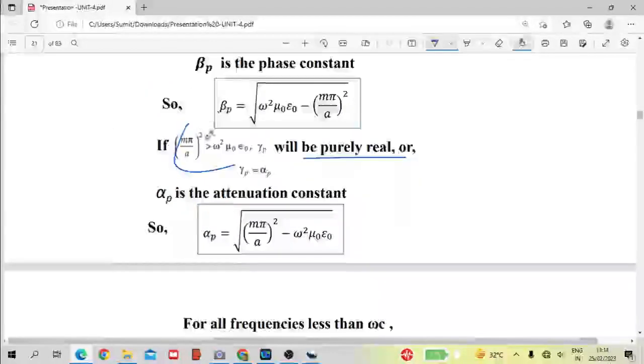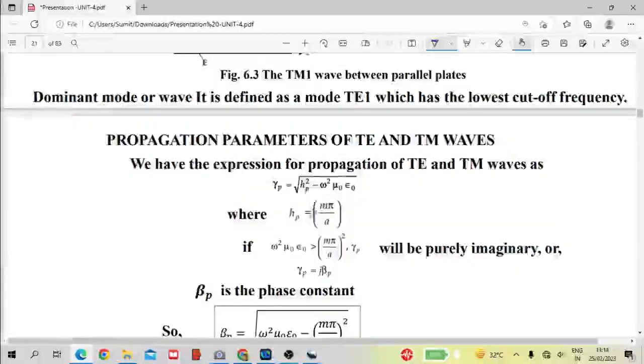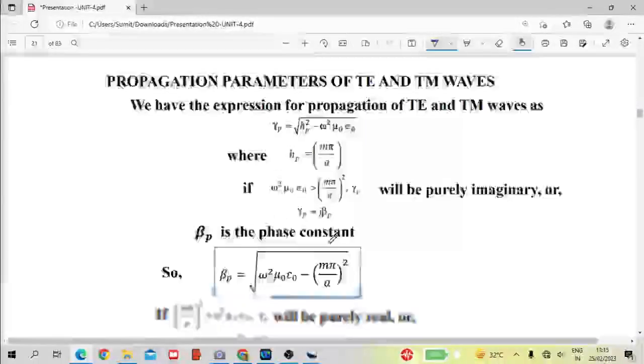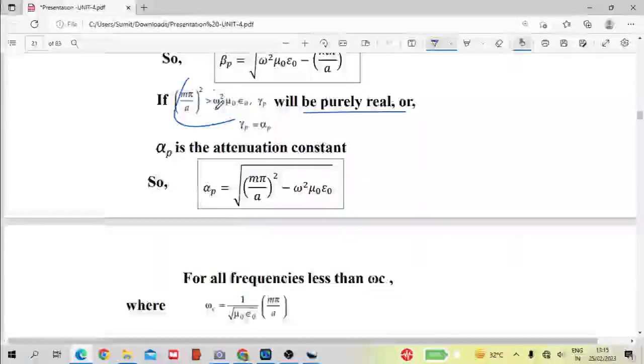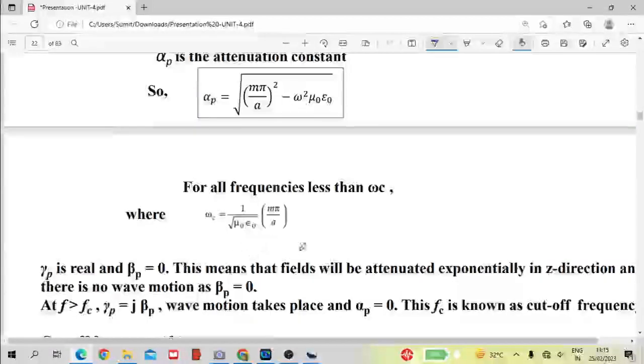You understood this one, how to do it? Here you equate this, because when it is greater than this, propagation stops. So when you equate this, this is the frequency below which it stops; if it is less, just like you see here, then the propagation is taking place. So a minimum of this much frequency should be there for the propagation to take place, because the waveguide acts as a high pass filter. So from there we get the cutoff frequency.